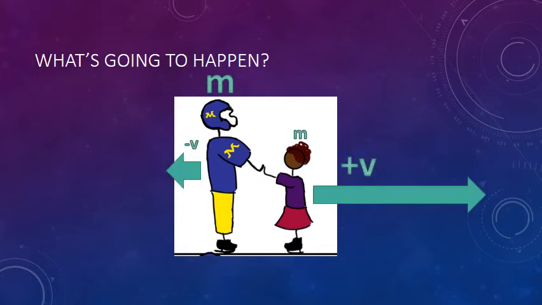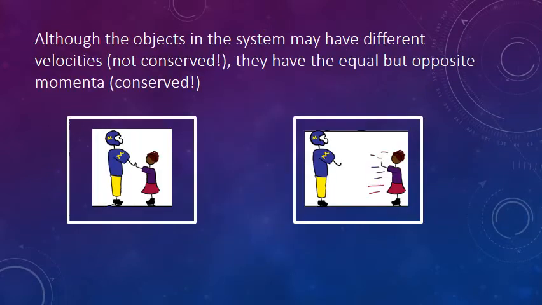So hopefully you'd recognize that if these two push off from each other, the little girl is going to move forward with a large positive velocity. The football player is going to move backwards with a smaller velocity in the negative direction. So let's look at this in terms of systems to see why this makes sense in terms of conservation of momentum. Although the objects in the system may have different velocities, so the football player is moving at a small velocity compared to the little girl, and velocity is not conserved, they have equal but opposite momenta